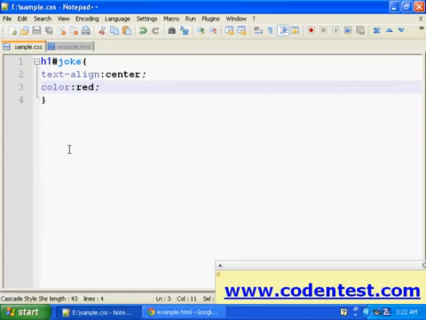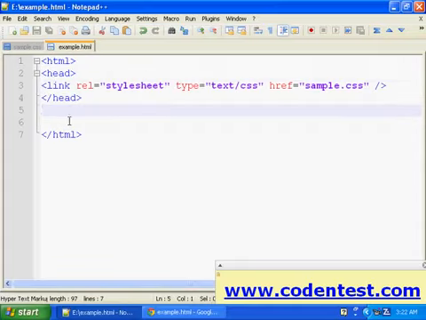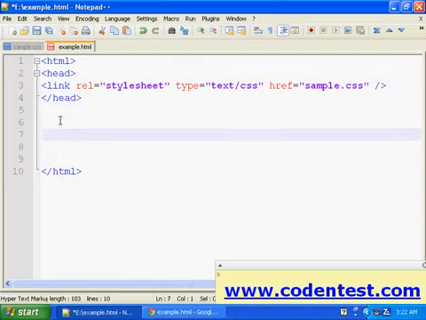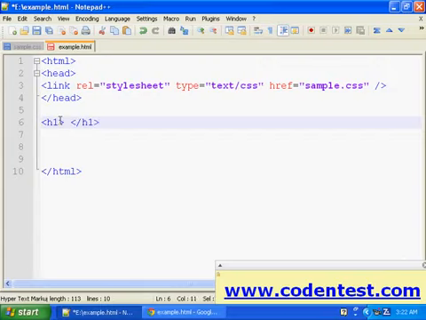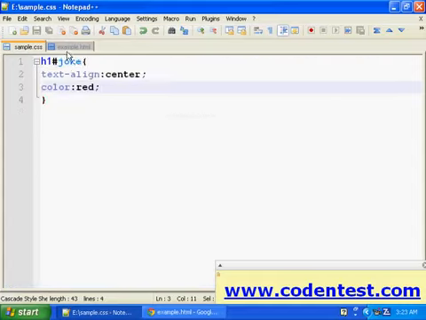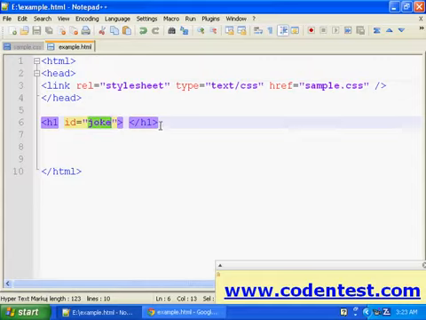I saved that, and in example.html, h1 is the heading. Let's close that h1. And ID is joke. This ID joke and this joke should be same, no spelling mistakes.